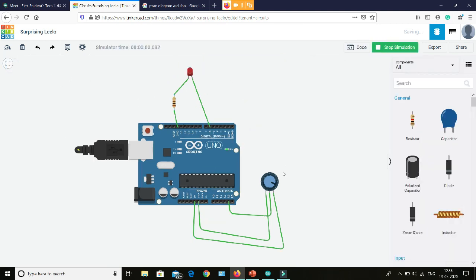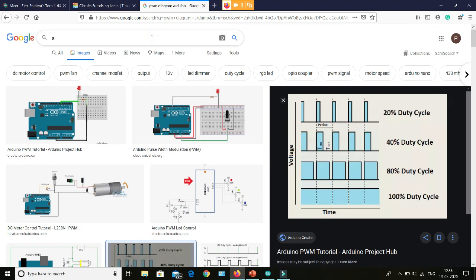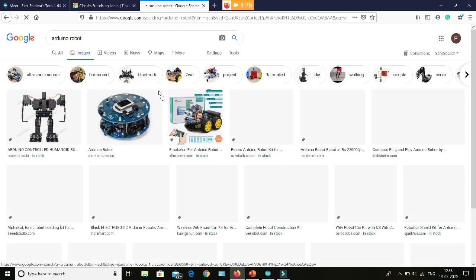Before winding up the session, I want to show you the most popular Arduino projects, like Arduino robots. With the same coding, you can build these types of robots, like this one. This one is an obstacle avoiding robot. What it does is it uses an ultrasonic sensor to see if there is an obstacle in front of it, and then it saves itself from it.